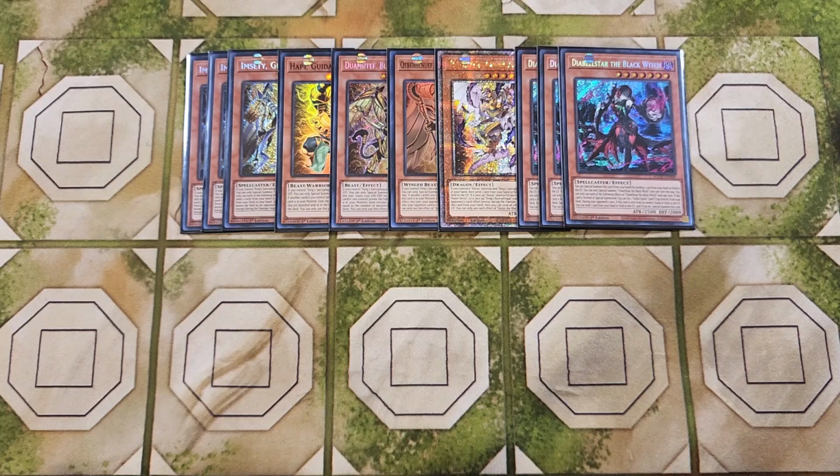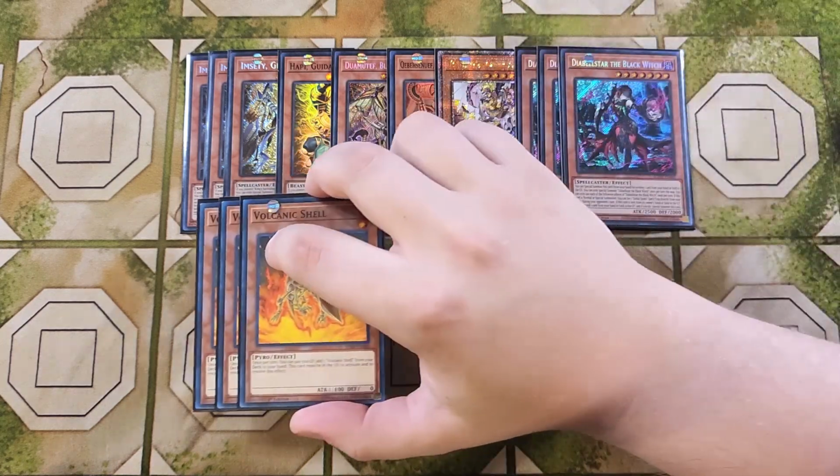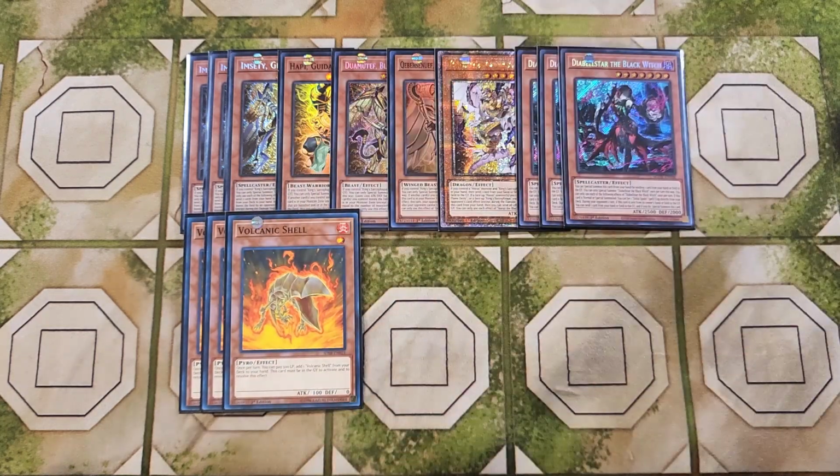We then play 3 copies of Volcanic Shell. Volcanic Shell is great as our level 1 fire monster in this particular deck to be able to basically pay cost, because this card refreshes your hand because it has the ability to, once per turn, pay 500 life points to add another copy of this card from your deck to your hand, which is a great effect to be able to add another copy of Volcanic Shell from your deck to your hand